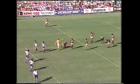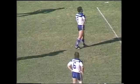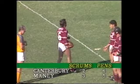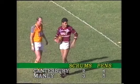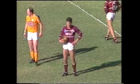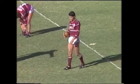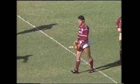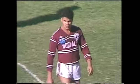That penalty count at this stage, just looking at it, 6-5 in favour of the Canterbury Bankstown side. So there's been a big catch-up there from Manly's point of view. At one stage it was 4-1. Well, really, if Manly can play, frankly, as badly as they have in some areas of losing the ball and still only be 4 points down to Canterbury, they've got to be in this game still with some sort of